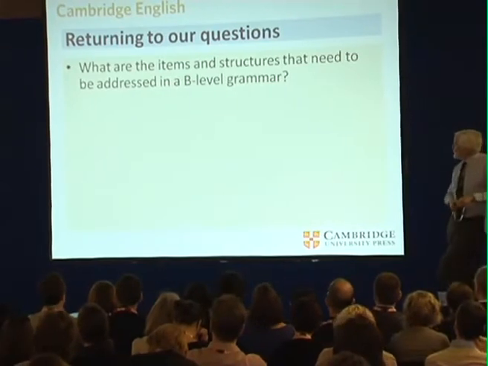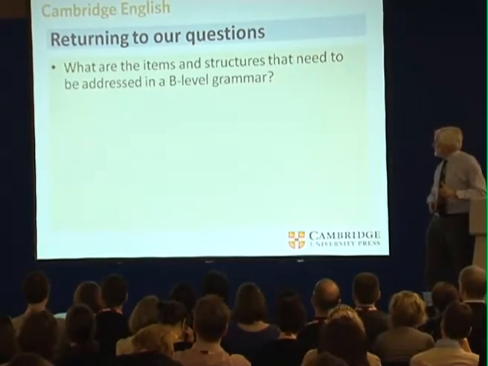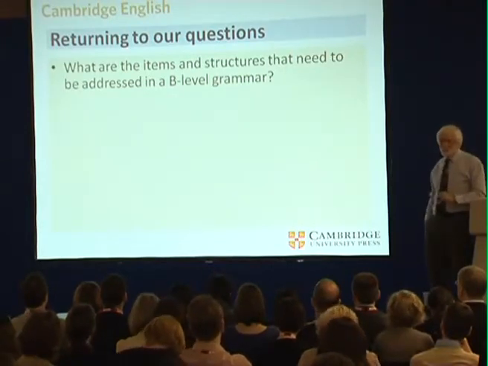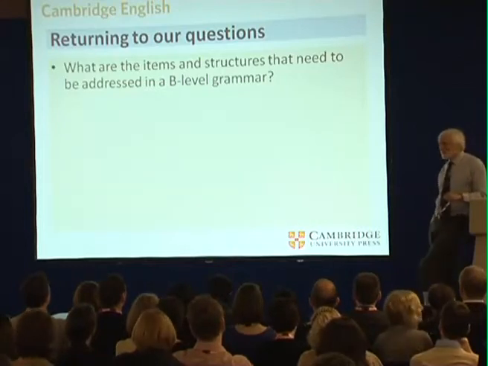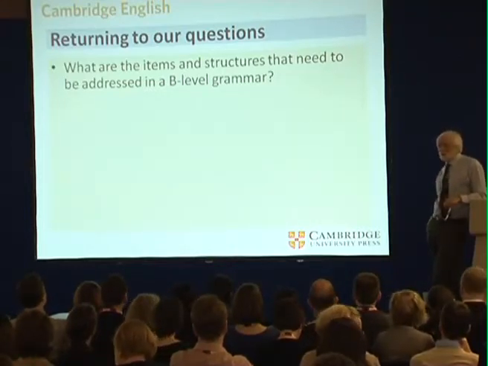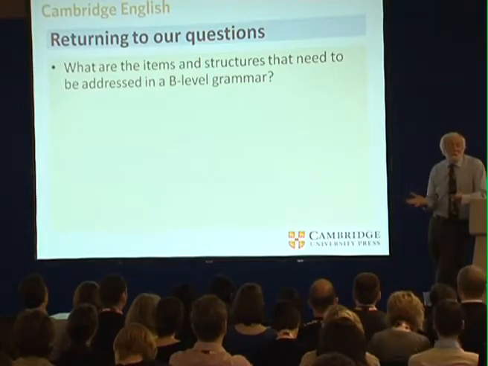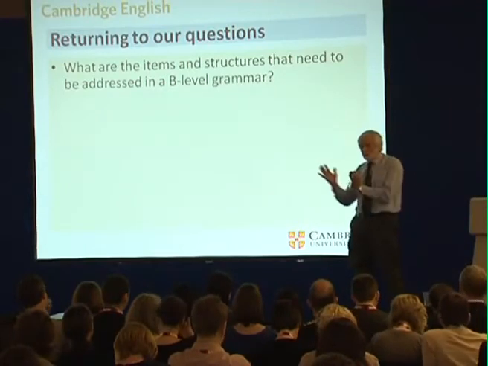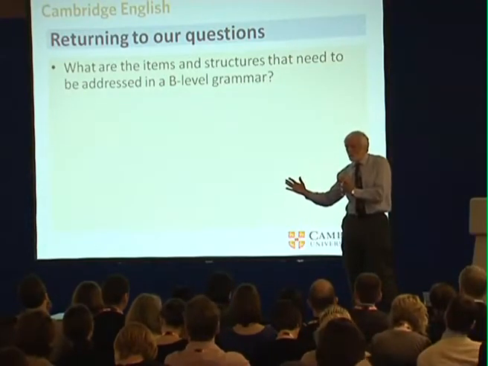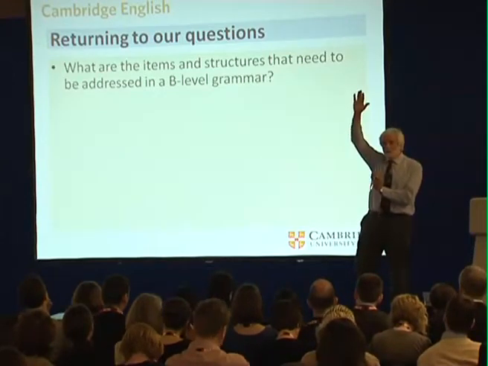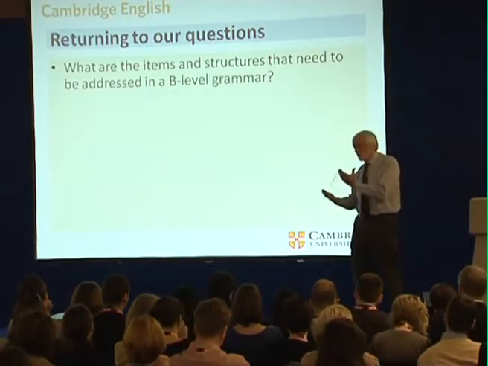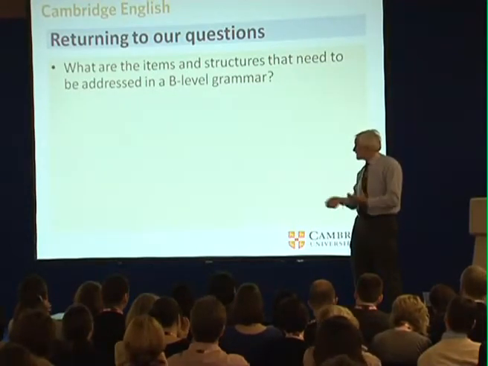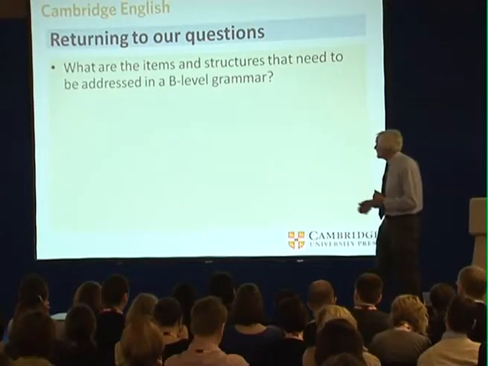The first question is, what are the items and structures that need to be addressed in a B-level grammar? And in some ways, it's all of them. And you know, that's the honest answer. You need a wide range. You don't need everything. But the B level is, as we've seen, this point where learners classically cross the threshold and the learning curve goes massively steeply up, and it involves all sorts of problems and issues for the learners. But as Anne pointed out, one of the reasons it goes up is there is so much activity going on. So I don't know whether you want to comment further on that point.